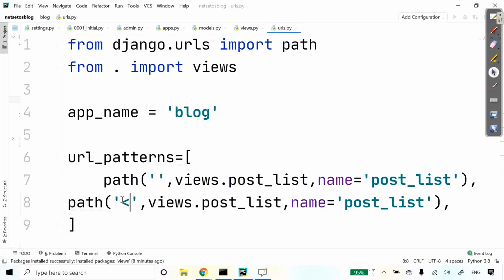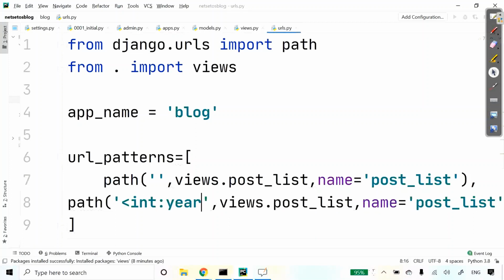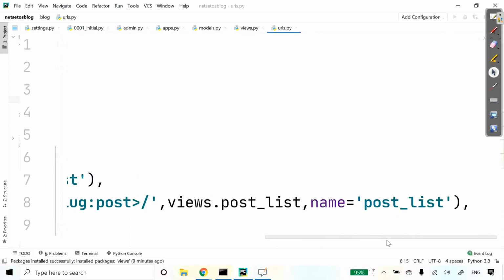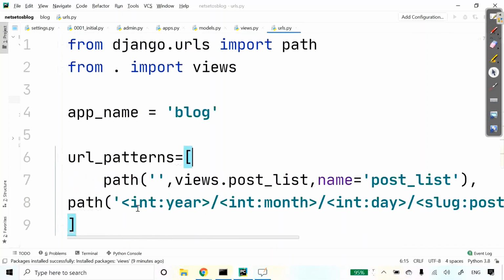Here I'll give year, month and day. Let's add slug also here. So I'll give slug, post, and the rest will be the same as this.